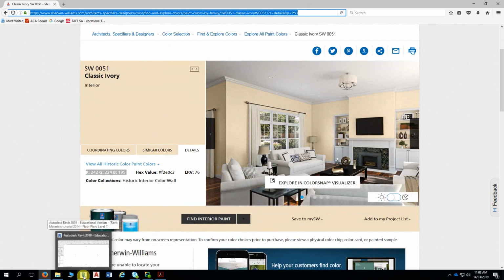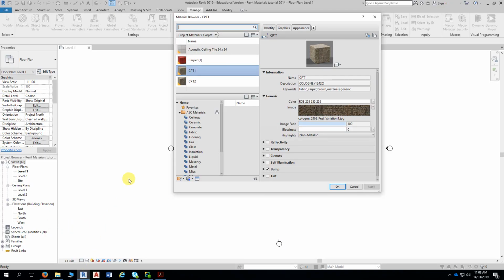Which is what we'll do next. So if you go back to your Revit project, now again, to create the paint material, you're going to copy an existing material, and if we go up to the class up here,